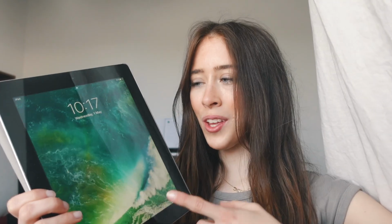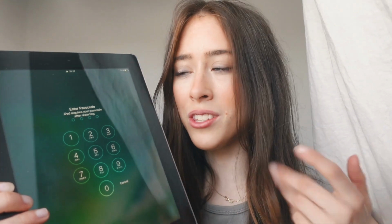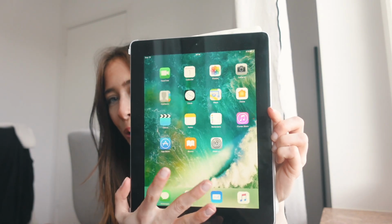But yeah, this is what the screen looks like. It has the thick frames here and it still has the home button without Touch ID, obviously, so you have to enter the passcode. Okay, we're in and this is what it looks like. Like, you can tell it is super slow. But yeah, pretty much I'm taking it to the Apple Store to find out if we can even use it